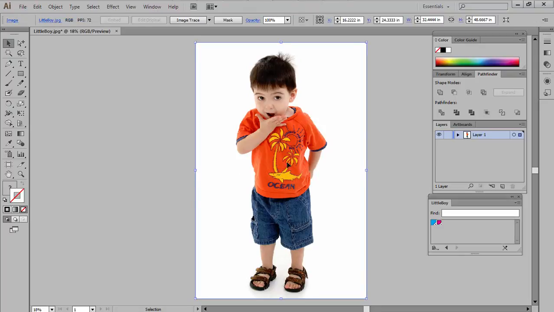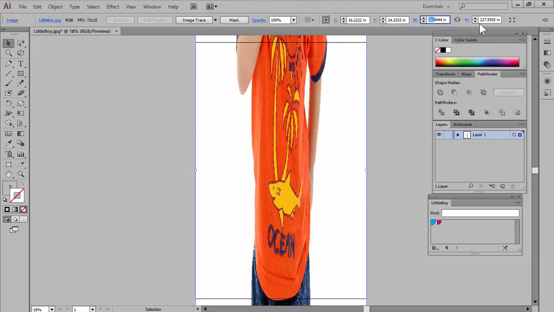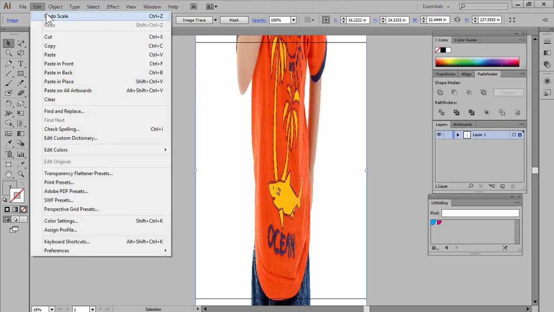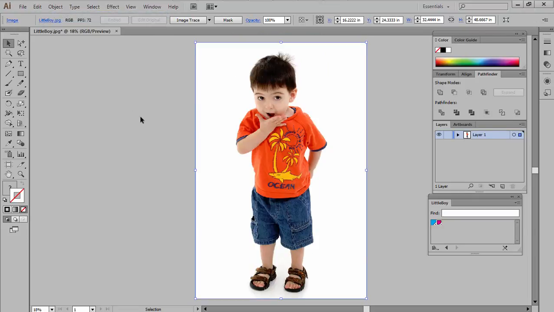Now, I just want to demonstrate something here real quick. Let's say I needed this 600 inches tall for some reason, right? I'm going to go over here and say 600, and watch what happens. I'm limited to 227 inches, which is about 18 feet or so, 19 feet. I can't go any higher than that. So I'm kind of stuck here, right? So let's undo that. My point is that I just wanted to make sure you could see there are limitations